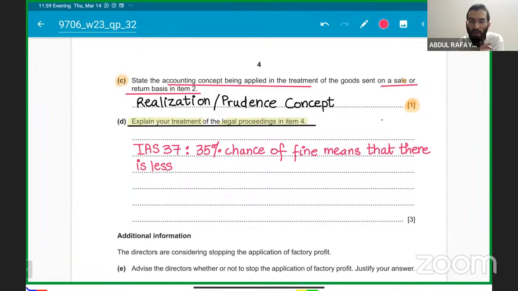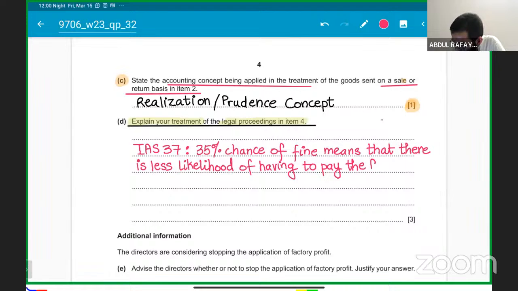Okay, 35% is a low percentage; it should be more than 50%, then we provide for the penalty. So a chance of fine means that there is less likelihood, or fewer possibilities. You can write down less likelihood, less possibility of having to pay the fine. Okay, getting it guys, so you will not have to pay the fine. Is everyone getting it? There are fewer chances of paying the fine because of the 35% chance,